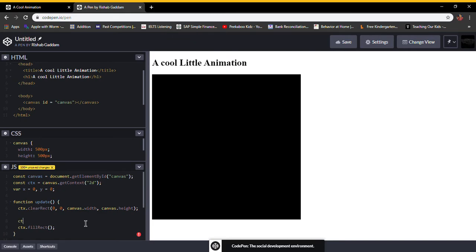So we're gonna do ctx.fillStyle equals light green, I guess. And then we're gonna end that off with a semicolon. And this fillRect here, we're gonna do x, comma, y, comma, I guess 25,